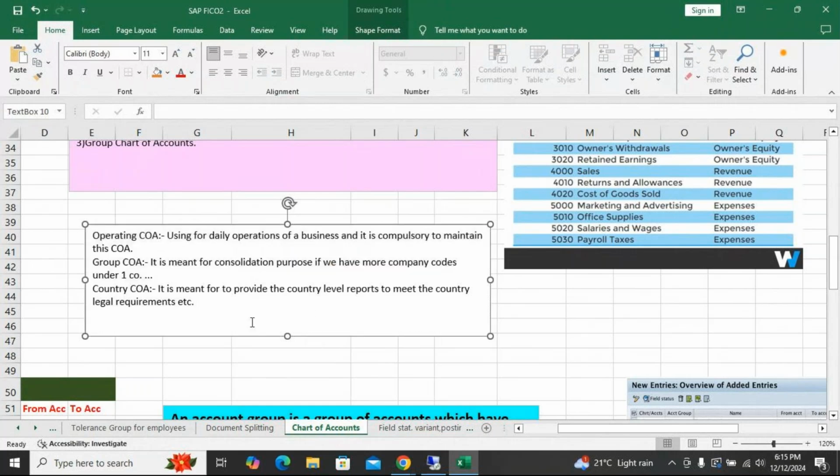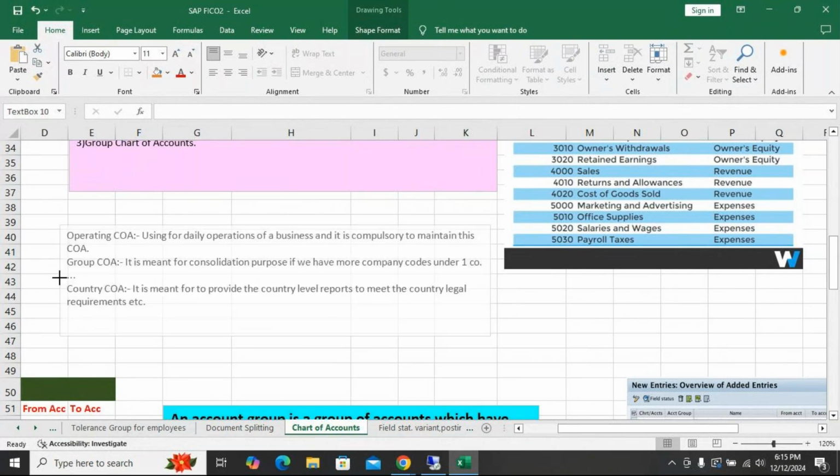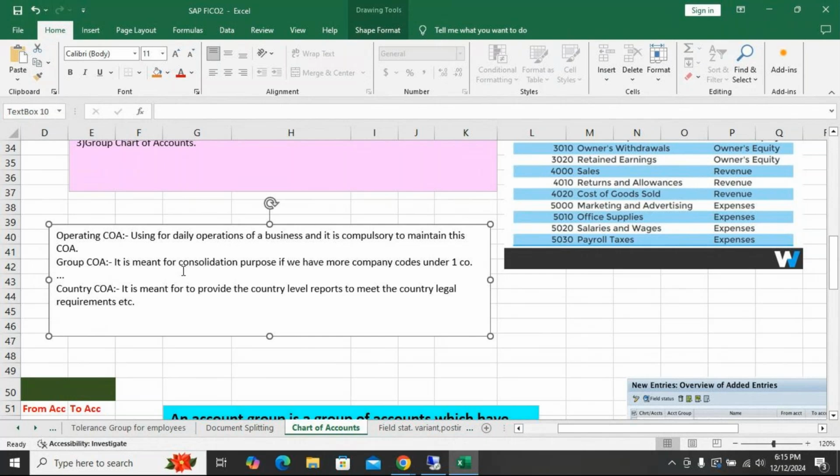Right now we are not using country specific, but SAP software is also used abroad. So when MNCs have transactions with foreign countries, they will be using country specific chart of accounts. Clear, students? Country specific chart of accounts.